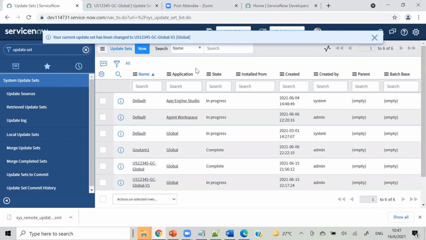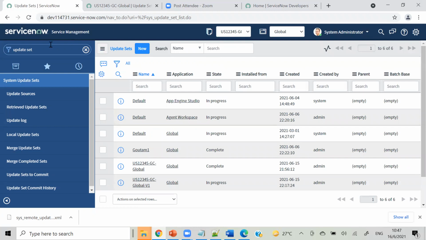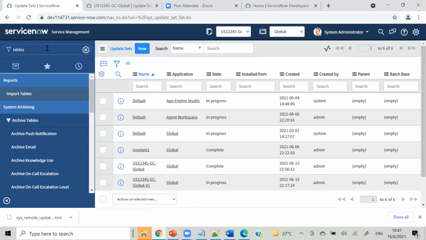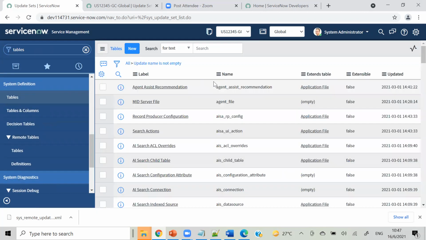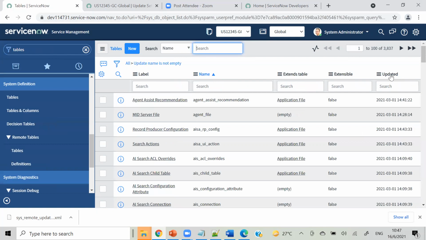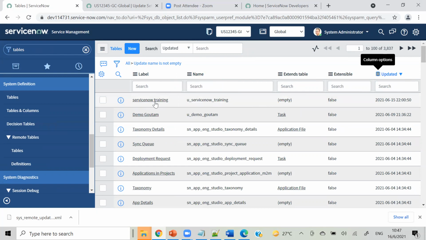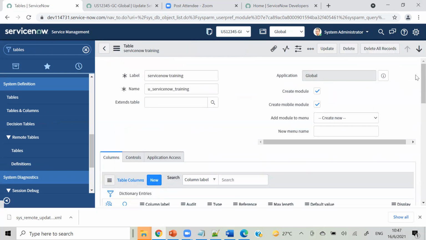Now you can see this one, version 1, is now your current update set. So now I am going to my tables, and here I have the table which I created, ServiceNow training.